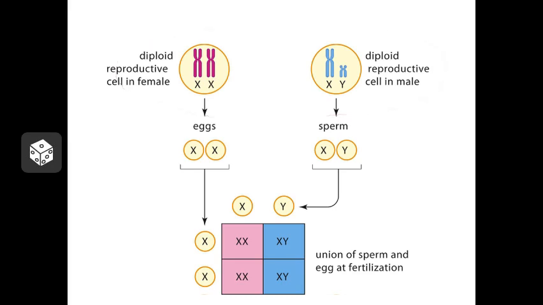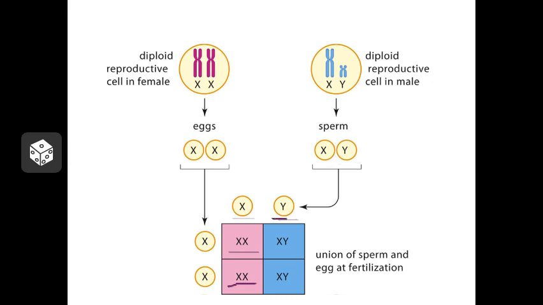Well, one of the pairs of chromosomes that they will donate to the offspring will be the sex chromosomes. And it might surprise you to learn that it's actually the man, the father, that determines the gender of the child. Why is that? Well, think about it. Females have two X chromosomes, so they can only donate X's to the next generation. But men have an X and a Y chromosome, so they can donate either an X or a Y to the next generation. If they donate an X inside that sperm cell, the offspring will be female. So there's a 50% chance of the child being female.